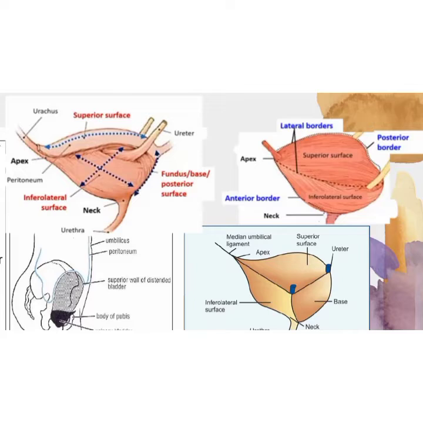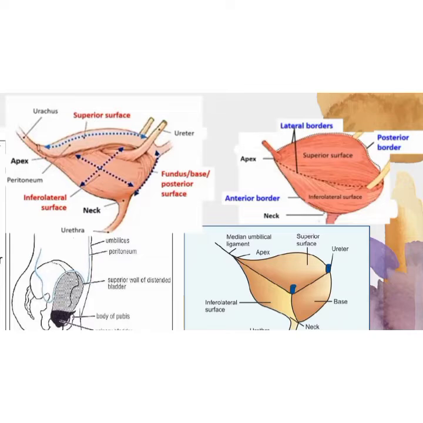So if you look at it, the upper part, or the body of the urinary bladder, is highly distendable. So however much is needed, it can expand, and it is embedded in loose extraperitoneal fat. And the superior aspect of the urinary bladder is covered with the peritoneum. In the upper surface it is covered by the peritoneum, and the presence of peritoneum allows the urinary bladder to expand to such an extent.